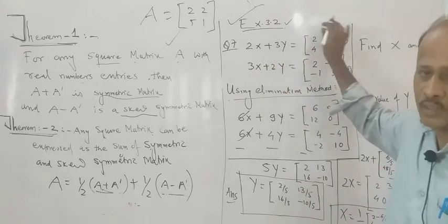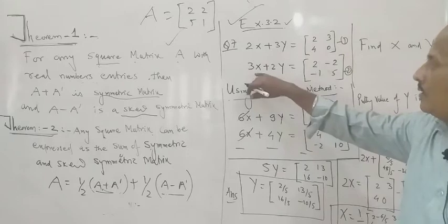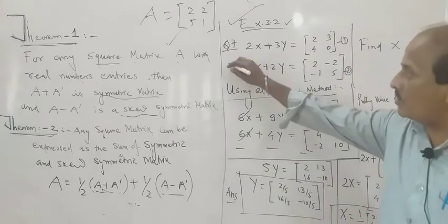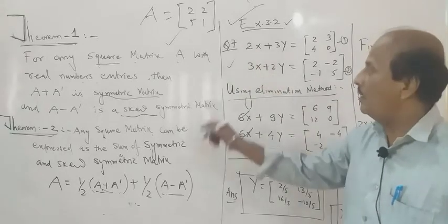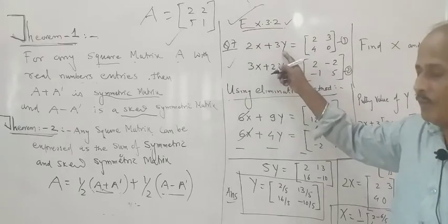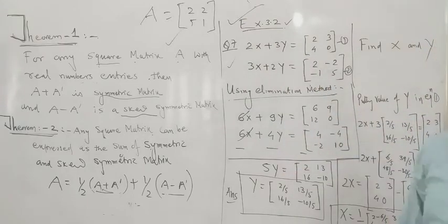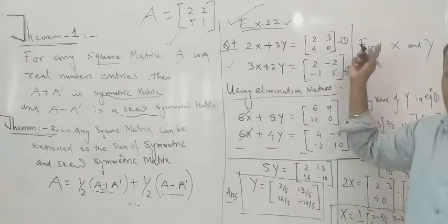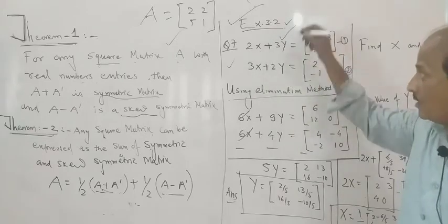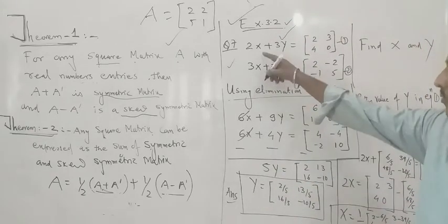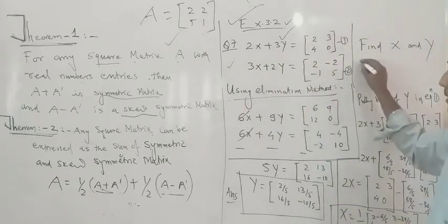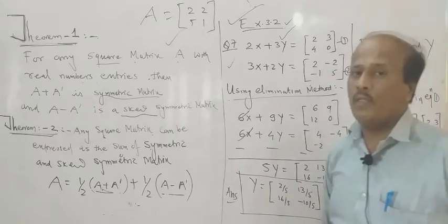2X plus 3Y is equal to one matrix. Then 3X plus 2Y, again it is equal to a matrix. This question is of a type of 10th standard. In 10th standard you are given two equations of two variables. Here x and y are not variables. Capital X and capital Y are matrices, and the equation is given in the form of matrices only. 2X plus 3Y is equal to one matrix. 3X plus 2Y is equal to a matrix, and the big question mark is, find the values of X and Y.